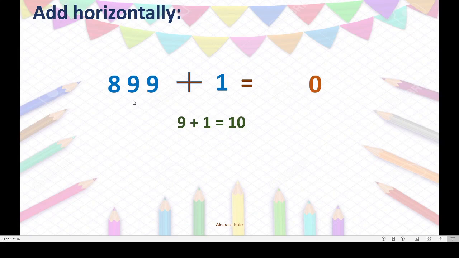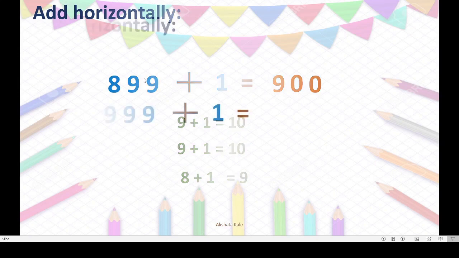I will not show this. Okay, you have to remember this. Now 9 plus 1 is how much? Again 10. So this 0 will come here. And again 1 is carried over to the hundreds place. Now what is there in the hundreds place? 8 is there and this plus 1. Correct? So the answer is 9. So here 900. Got this? Now you have to remember the number which is carried over. One more we will try.